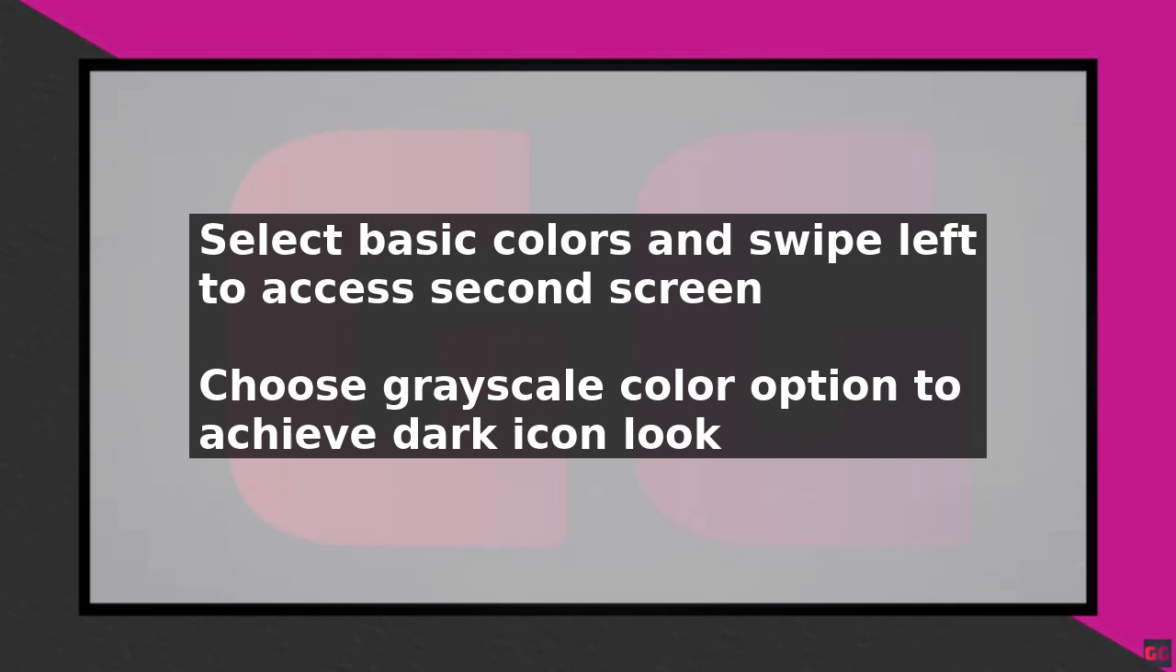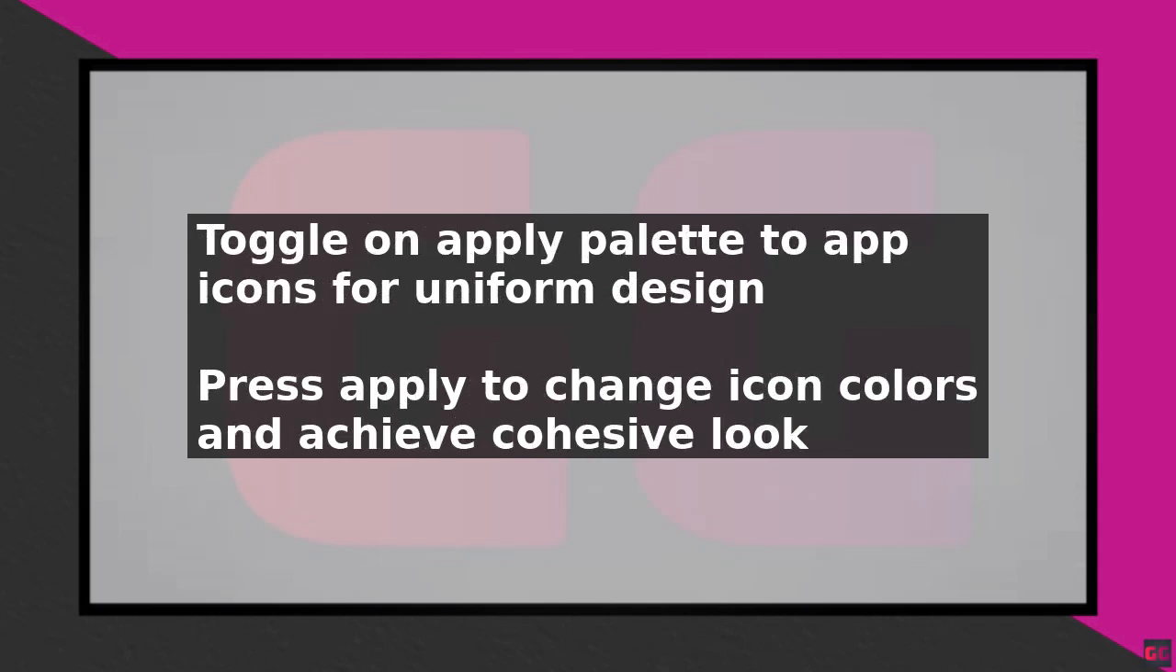Additionally, make sure to toggle on Apply Palette to App Icons and press Apply at the bottom. This will apply the color palette to your app icons and device. Note that not all icons will turn dark, as some apps may not support this feature. However, most system icons and some other apps will change to a gray or dark color, giving your device a